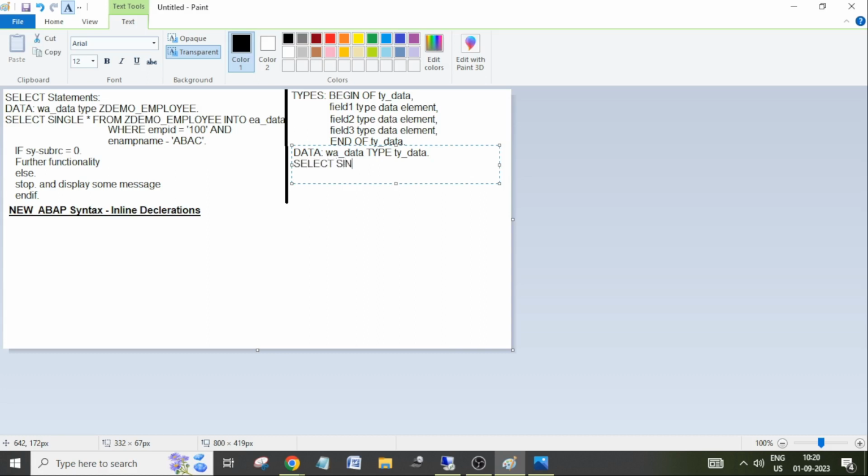Select single field 1, field 2, not in the order. You can select any random fields of the table also. Okay, but always make sure to place the first field in the first position, the next available field of the table in the next position, so that it will be easy to maintain the order. Okay,